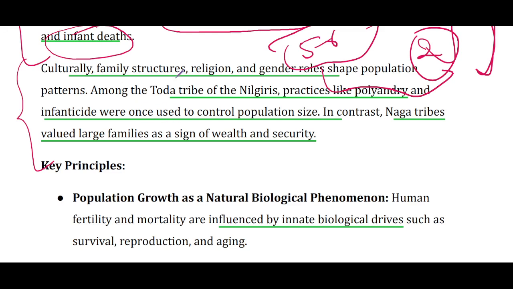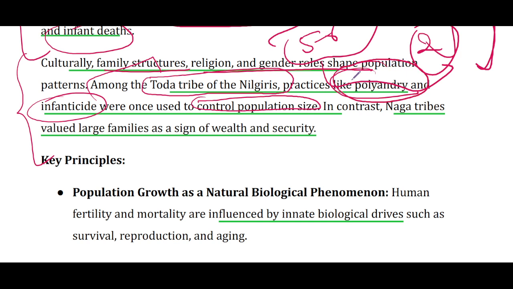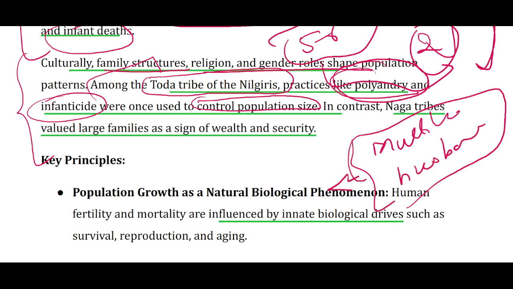And the cultural factors, such as family structure, religion, and gender, also shape population patterns. So the Toda tribe of Nilgiri practiced polyandry and infanticide. These two were the methods used early on to control population size. Polyandry means having multiple male partners, multiple husbands, and this was a way of keeping the population in